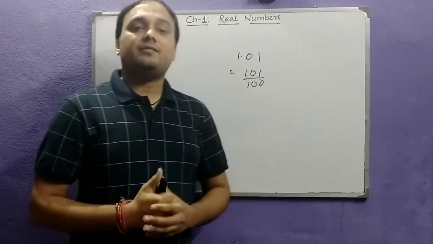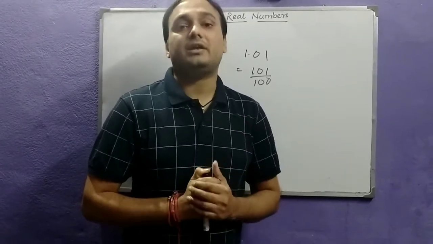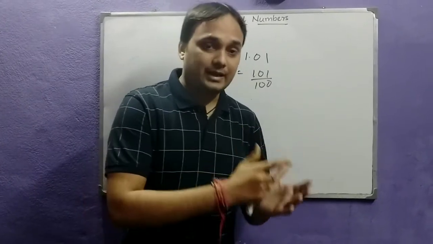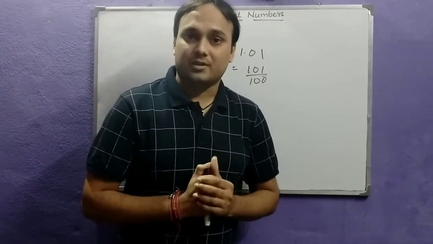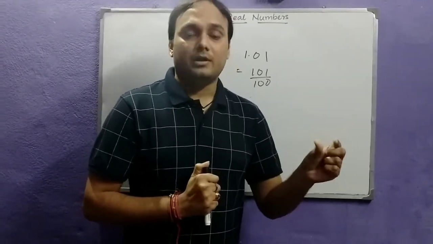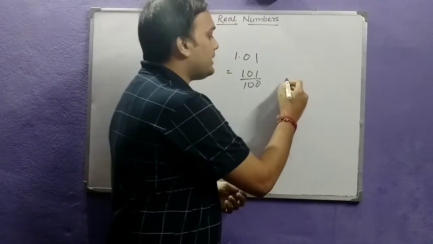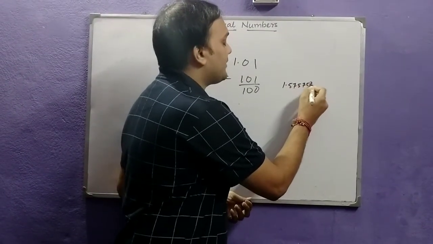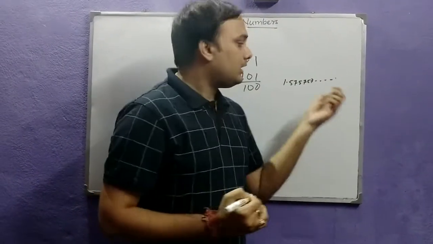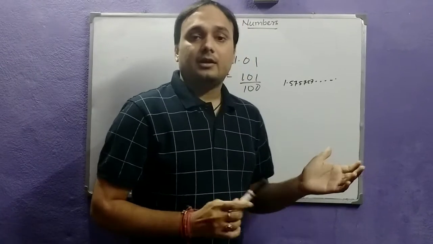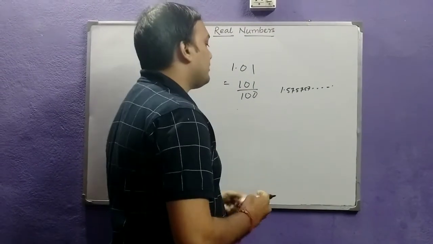One interesting thing which you learned in your previous class was that there are two kinds of non-terminating decimal numbers. Those were recurring and non-recurring. What was a recurring decimal number? A recurring decimal number was a number in which the digits after the decimal point repeat one after another. Suppose 1.57, 57, 57 and so on. This is also a non-terminating decimal number, but this is recurring. And the other was the non-terminating, non-recurring number, like